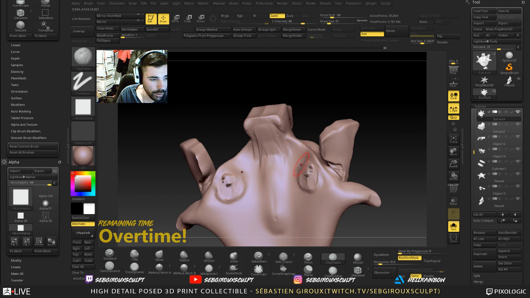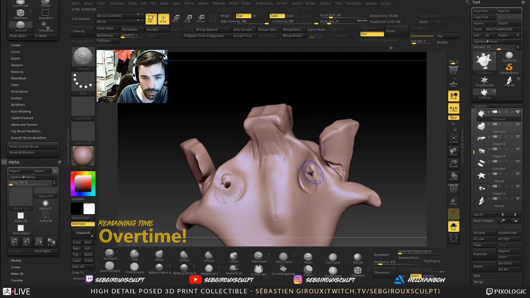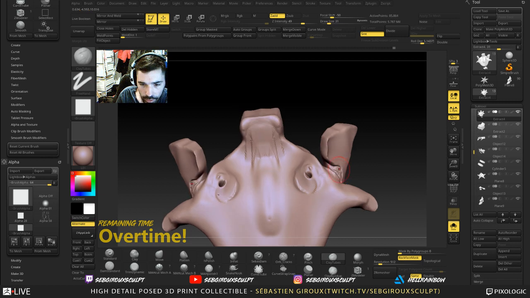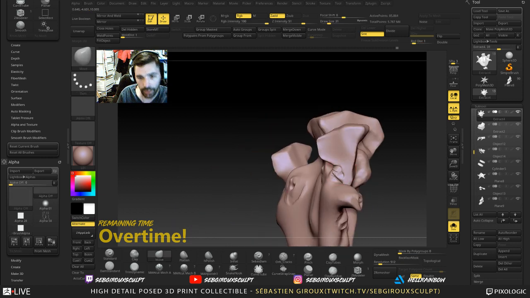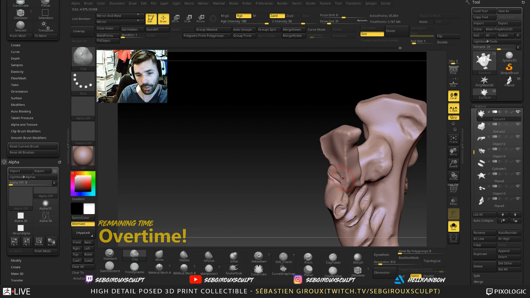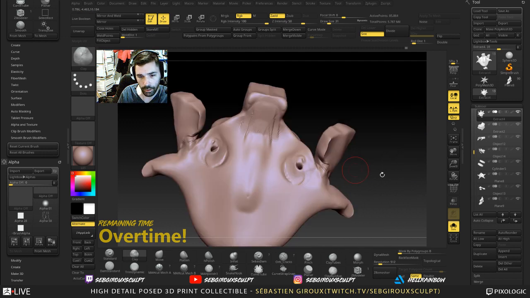Oh yeah, you have a hard time, Gabriel, finding a ZBrush key. That's the thing. I'm not sure, but I thought they had a student program, something for free. I might be confusing it with